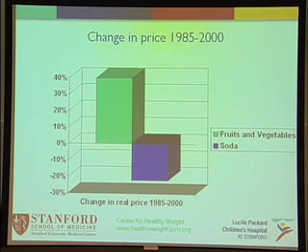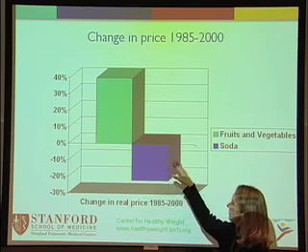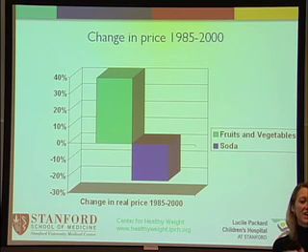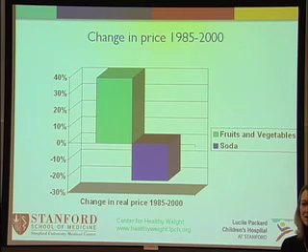Change in prices is another way to illustrate it. Between 1985 and 2000, the real price of fruits and vegetables, when you adjust for inflation, has gone up 40%. The cost of soda has gone down 22% in that time. So again, the things that are healthy are relatively becoming more expensive, and the things that are cheaper and infused, basically soda is basically high fructose corn syrup. I mean, you're basically drinking corn. It's liquid corn that you're drinking when you're drinking soda. This is a whole industry that has been built around this policy, and it is making us sick.